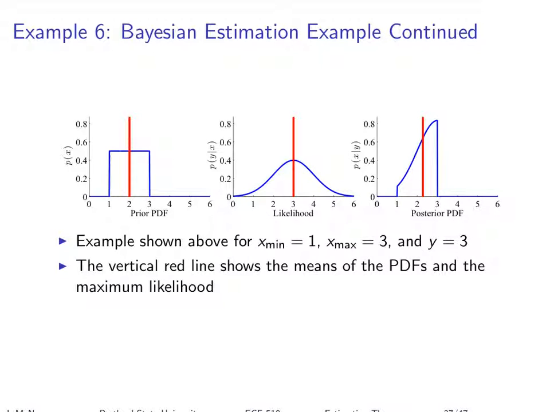It happens to in this example, but in general, the likelihood function is not a PDF. If you integrate it, it usually doesn't have an area of 1. It just happens to in this example. I'll show you an example later where that doesn't happen. But this is the likelihood, and the red line on this plot shows where the maximum of the likelihood function is.